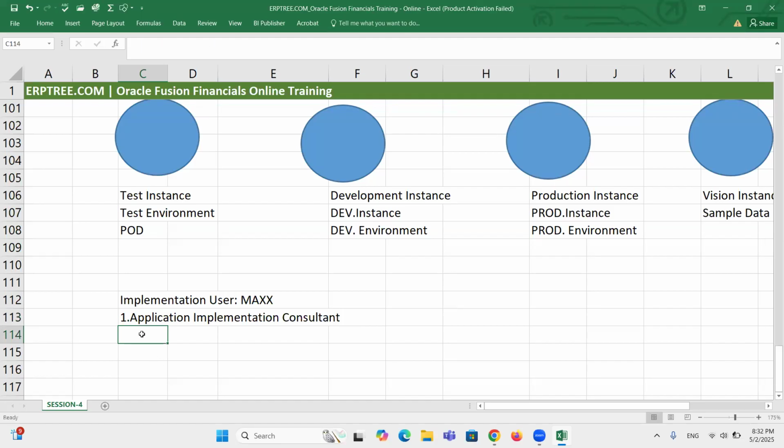And another role. So when we are working as a consultant, along with this role, we need access to one more role that we call as IT security manager. IT security manager. So these are the two key roles